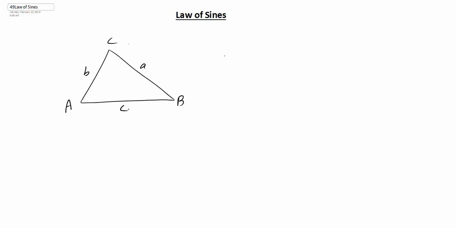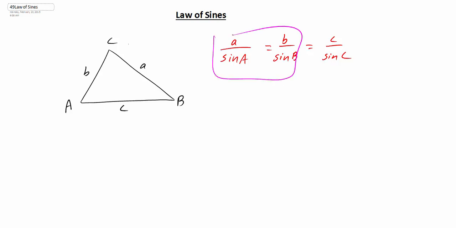So here, the key idea of the law of sines is that we can solve for the angles and the sides of this triangle even though it does not contain a right angle. And the formula that we're going to use is side A over the sine of angle A, which is equal to side B over the sine of angle B, or we could set it equal to side C over the sine of angle C. So what this means is we could pair any two of these and set them equal